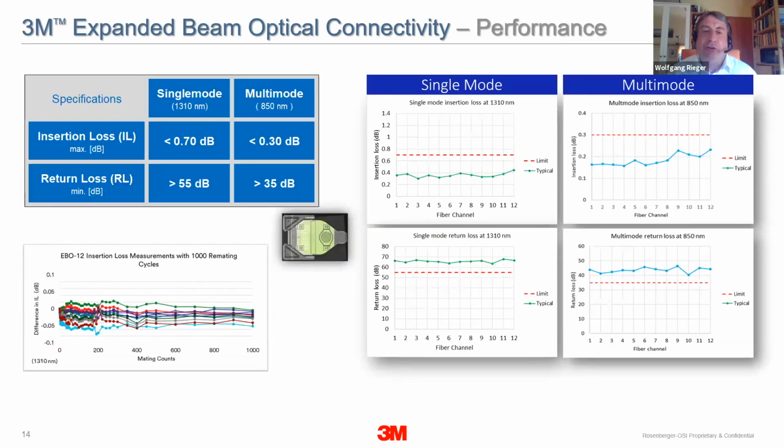But let's come now to maybe the most compelling question. What kind of performance can we expect from this connectivity system? The table shows the specification for the maximum insertion loss and the minimum return loss, both for single-mode and multi-mode fibers. The maximum insertion loss is 0.7 dB for single-mode and 0.3 dB for multi-mode. The typical values